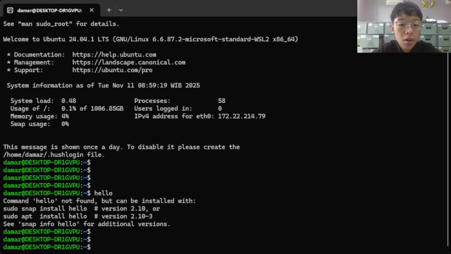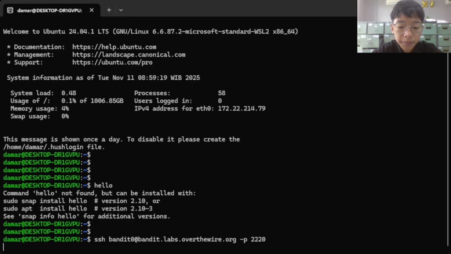But I'm using Ubuntu, so once you have the terminal open, type the command like this: ssh bandit0 for the username, at the hostname bandit.labs.overthewire.org, and then -p for port, 2220, and then we can just wait.